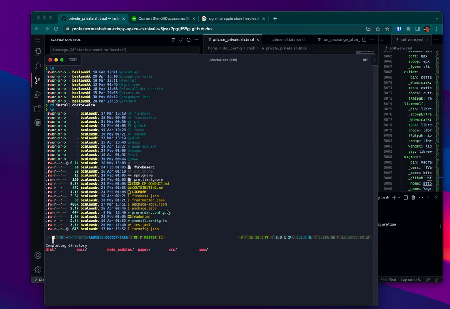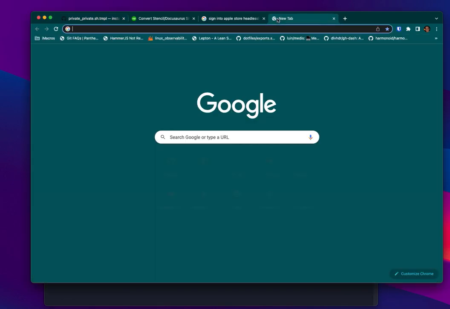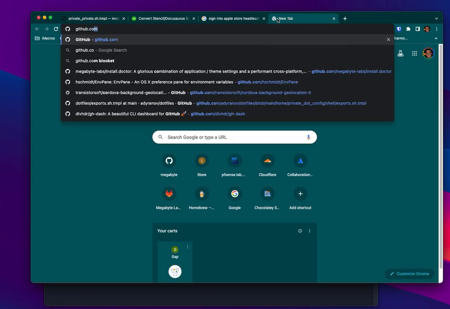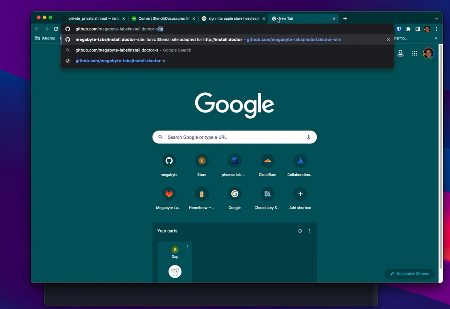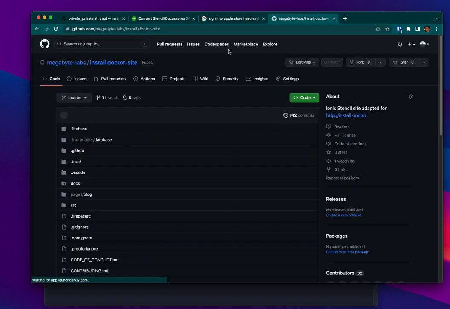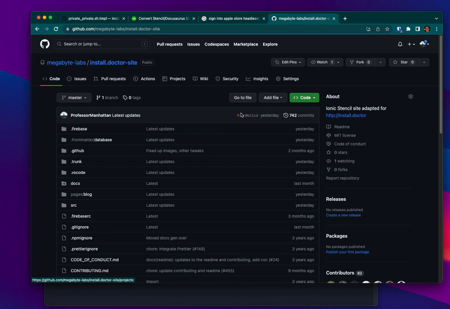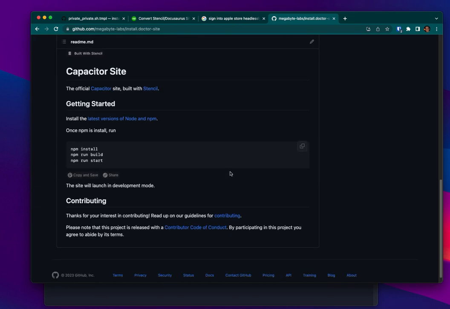repository. So first off, let me just show you, to start, we're going to move over a single repository, which is the install doctor site repository. Here, I'll just open it so it's in the video. We'll go to this. You can see there's install doctor site, and this is a site that's based off of